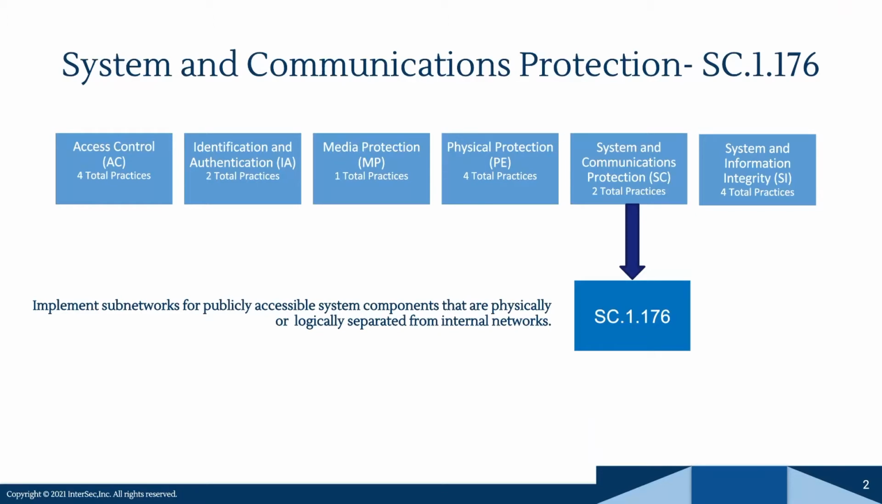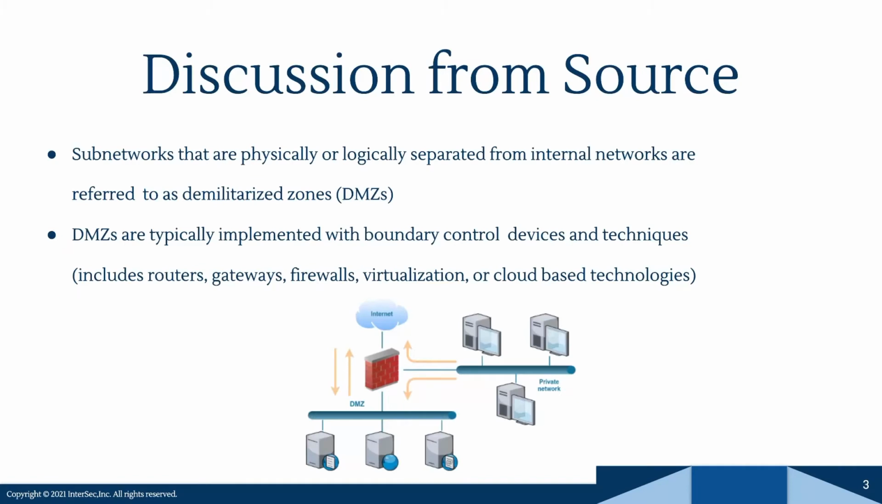Today, we're going to continue our discussion into the System and Communications Protection domain. We're going to continue with the second practice in System and Communications, which is SC.1.176, and that is about implementing subnetworks for publicly accessible system components that are physically or logically separated from internal networks. Let's begin with a discussion from NIST 800-171's source point of view for understanding